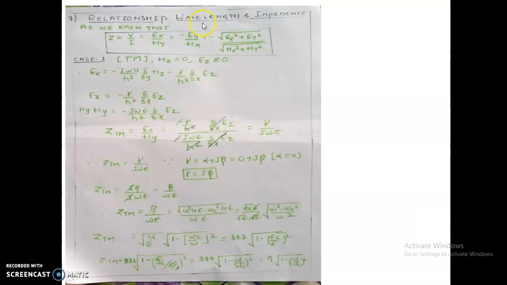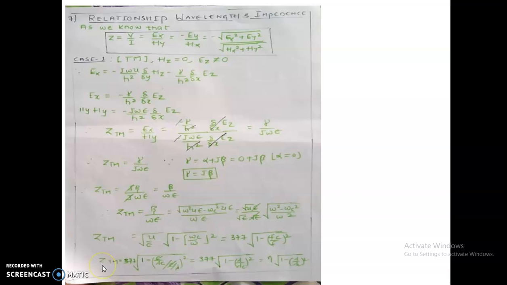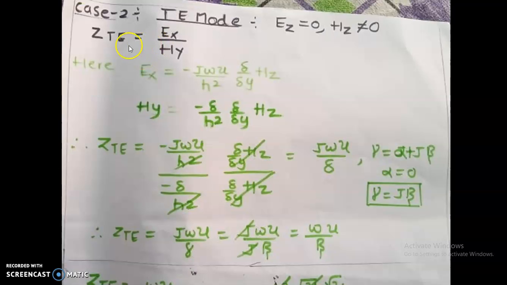Now let us understand the relation between wavelength and impedance. Now try to understand what an impedance is. Impedance is represented through Z and the wavelength is represented through lambda. We are going to find the relation between these two, and that is the topic. And we are going to take two cases, as we have learned for TM and we will learn for TE also. Obviously TE we have not started yet, but try to remember Ex and Ey for right now.